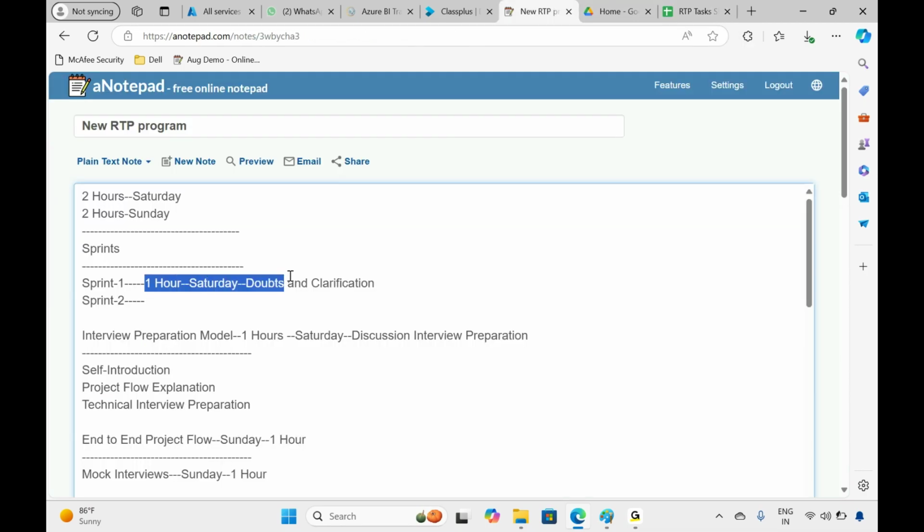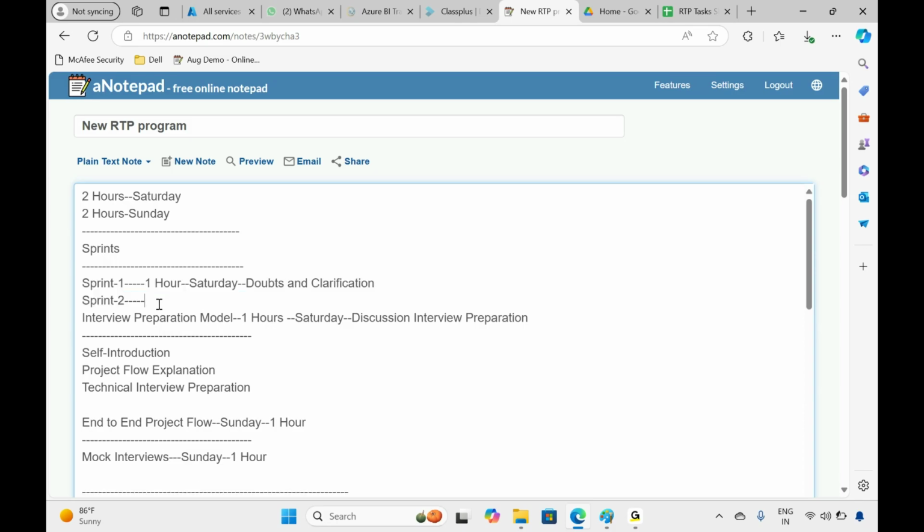Because of this you will get a clear picture and more confidence on the tasks. The next hour we focus completely on interview preparation.